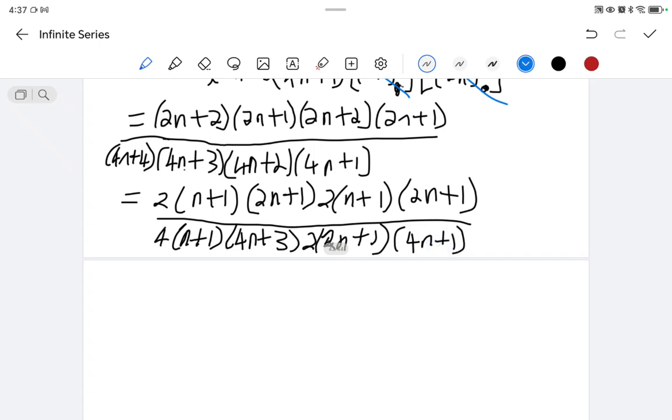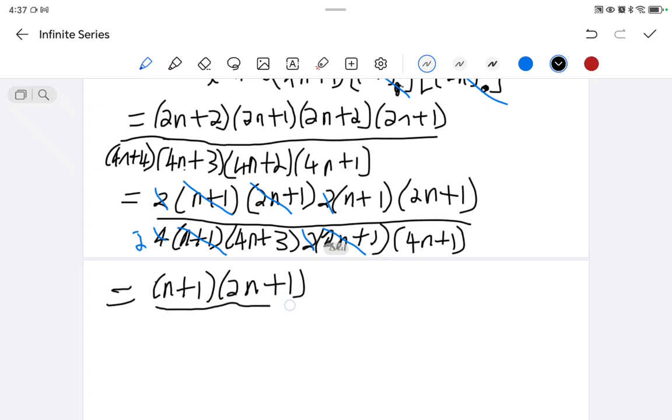Then I check the ones that cancel. 2 would cancel 2. 2n would cancel 2n. n plus 1 cancels n plus 1. And then these 2 would be cancelled with 1, 2 here. We'll be left with 2 there. So this would be n plus 1 times 2n plus 1 all over, and here we would have 2